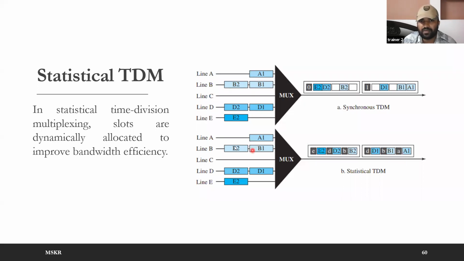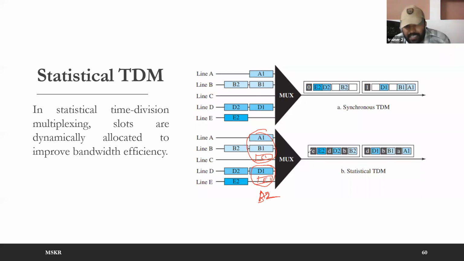So here you may have a question: what if, in the same slot, five users have data, A1, B1, C1, D1, E1 are all there? What you are going to do is, in the first frame you send A1, B1, C1. In the second frame you send D1, E1 and A2. If A2 is not there, B2. So in round robin fashion, you move through the available data, so that you will be sending only a few of those data at a time. Okay, so this is statistical TDM.